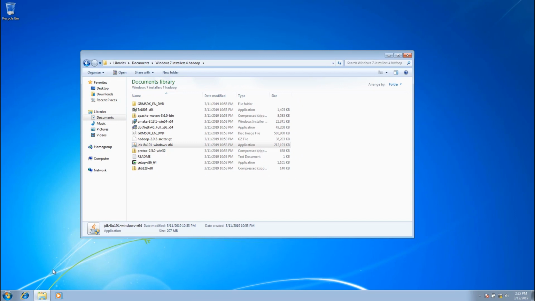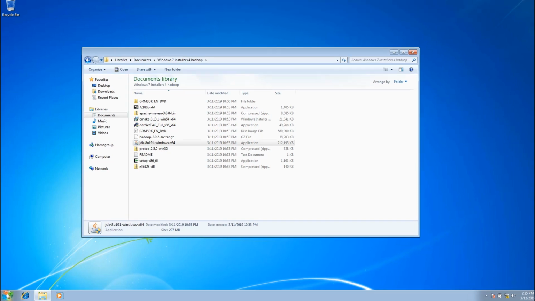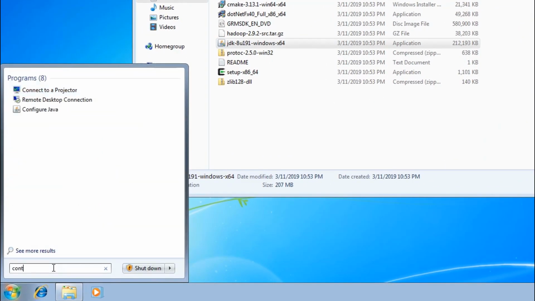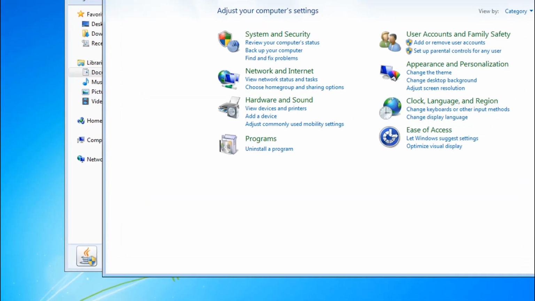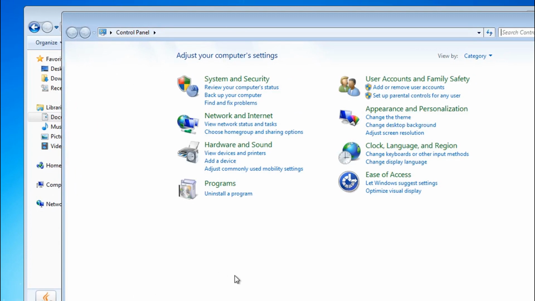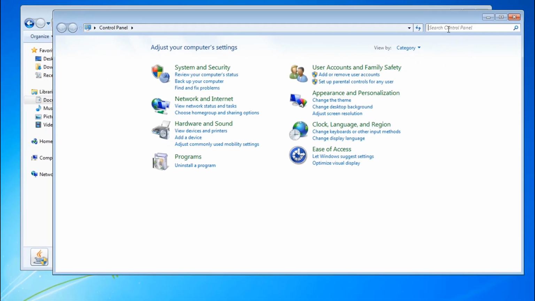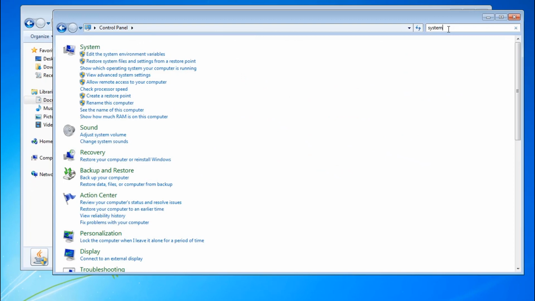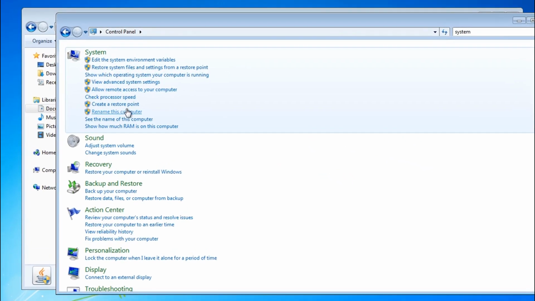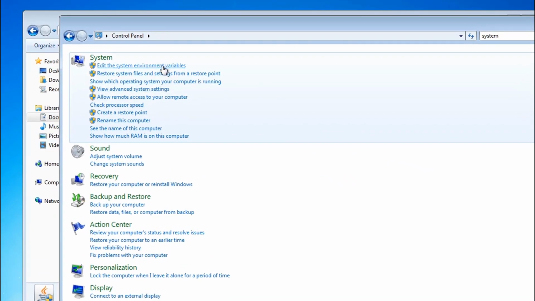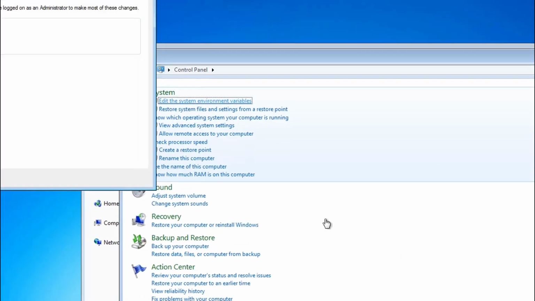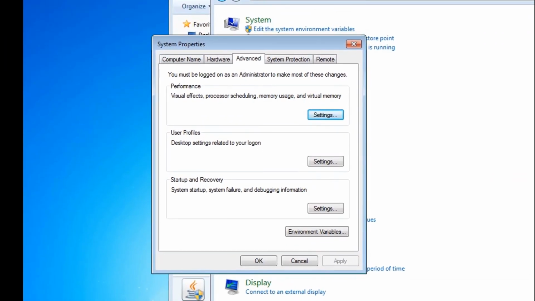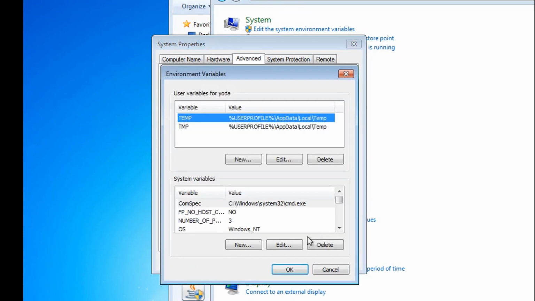For this, you can right click on Computer properties on your desktop, or you can go to the Control Panel, then System, and go to Edit system environment variables. Here you can click on Environment Variables.